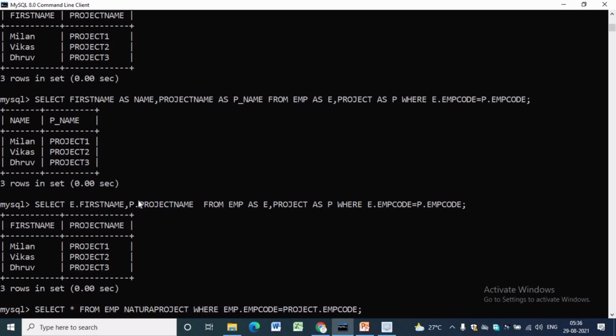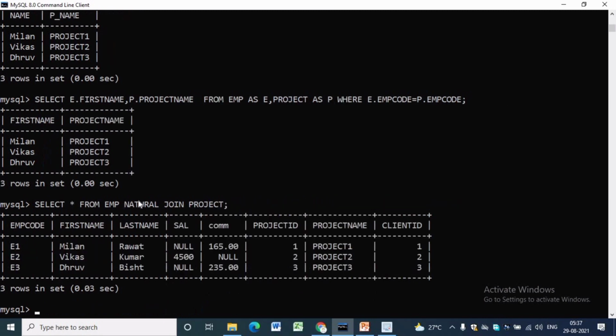Select star from EMP natural join project will give all records where emp.emp code is equal to project.emp code, but the emp code column of project table will not be there in the output.